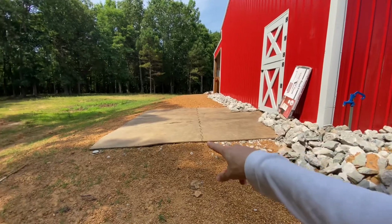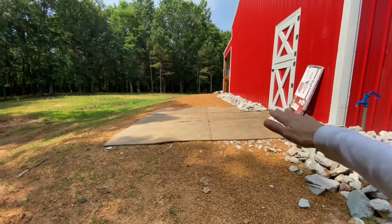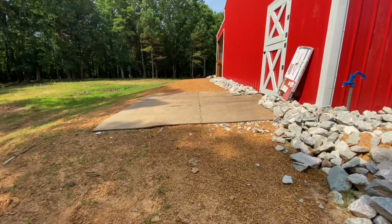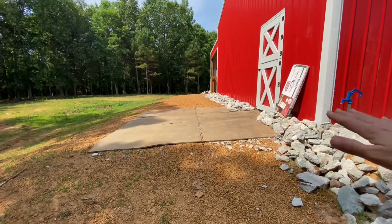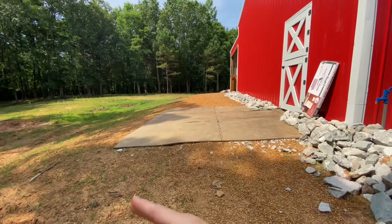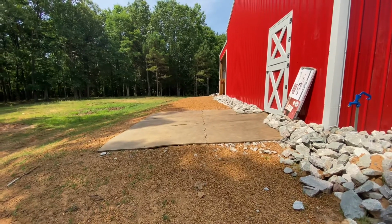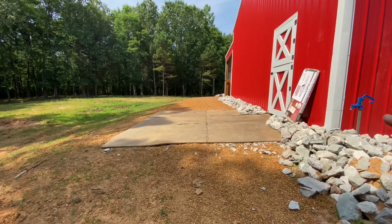So what we'll end up doing in the future, and this will be way in the future, we will just put down probably some 4x4 posts and make a frame. Make sure that the material inside, which most likely will be pea gravel, and then we'll lay the mats inside the frame, which will keep the mats from moving down or being readjusted by the horse's weight all the time,